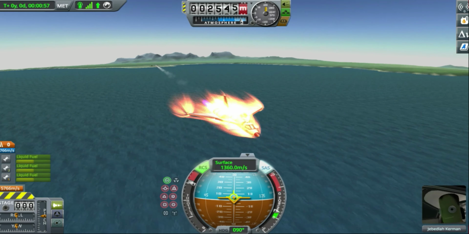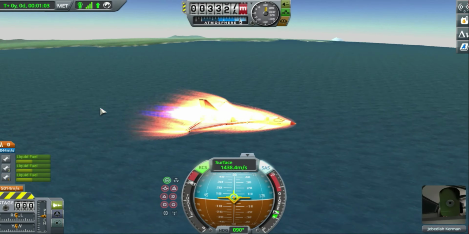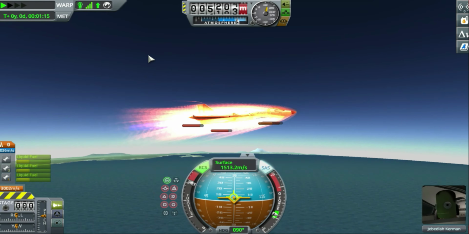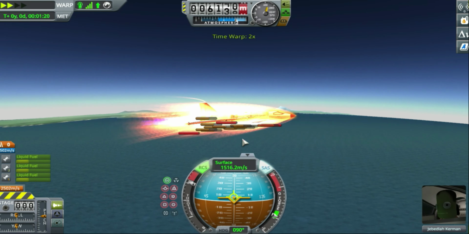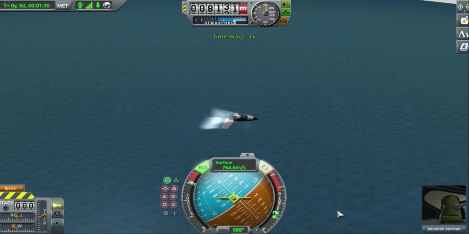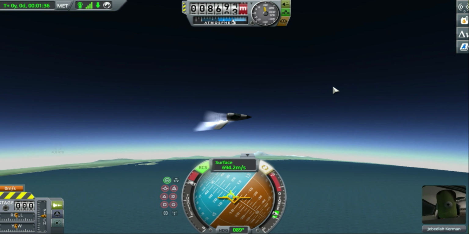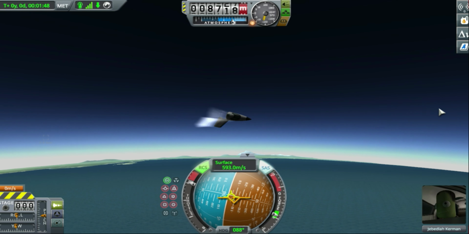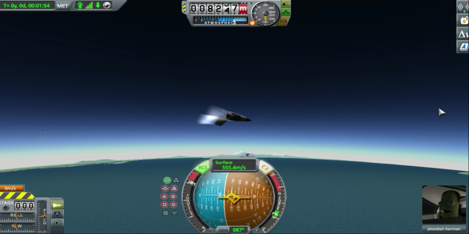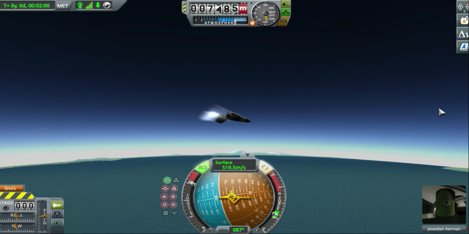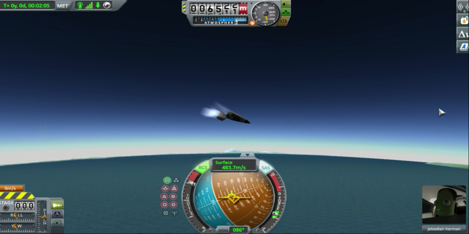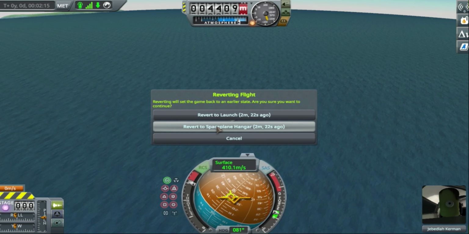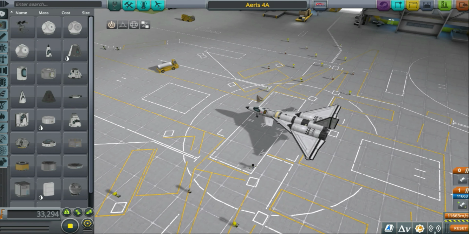And also, to consider an airplane in this little fastest airplanes thing that I'm doing, it had to be in the atmosphere. Now I could have made a plane with the Rapier engines, and you could see it blew up from heat there. With the Rapier engines out of the atmosphere, it could have gone much, much faster than this with the liquid oxygen breathing closed cycle. But I thought that the requirement of this fastest airplane was that it had to be in the atmosphere. And you can see that when this airplane goes fast, it went like 1,531 meters per second, I think. It went really fast,